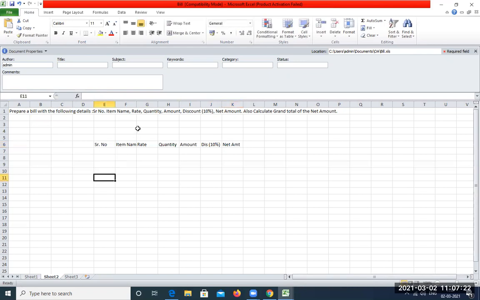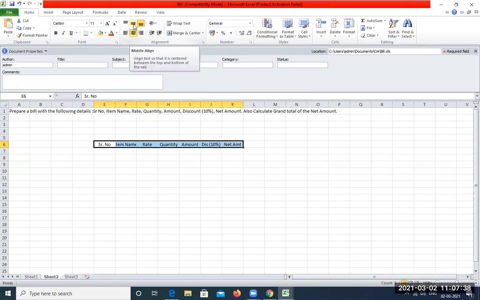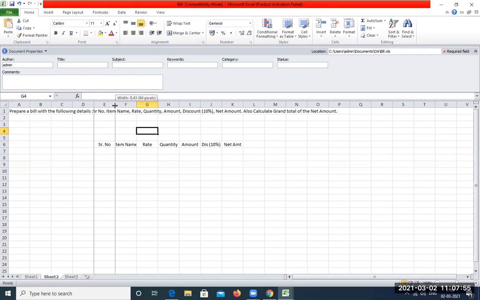Now let us adjust these row headings with center alignment. We are going to select this row with the left mouse click and look here for center alignment in the home tab, and also look for middle align. Next thing would be to increase this column width. As you can see here, the I of this item name is hidden and E is also not totally covered in this cell.